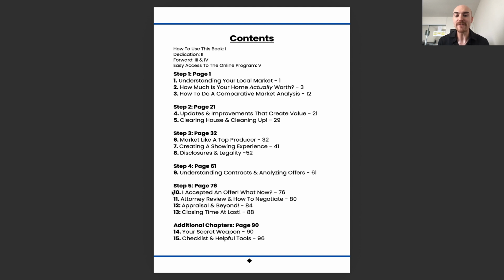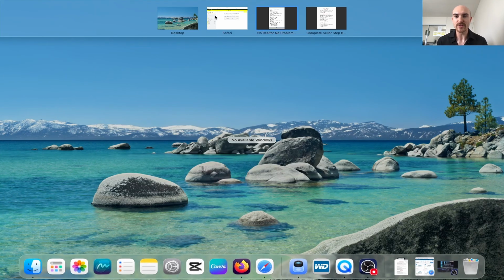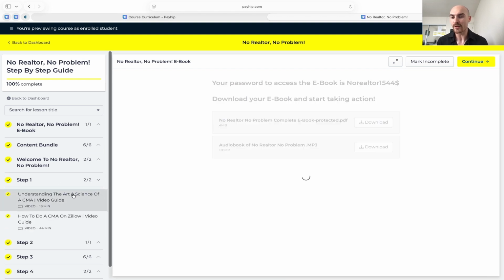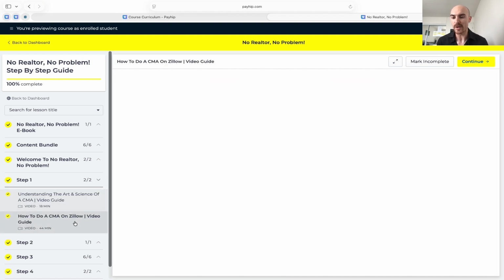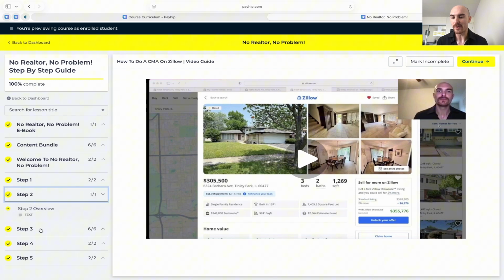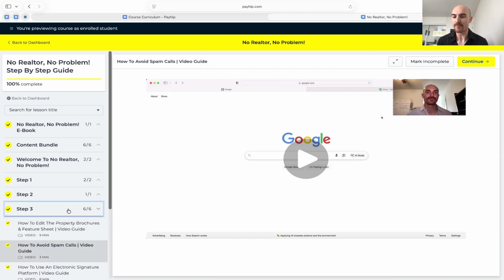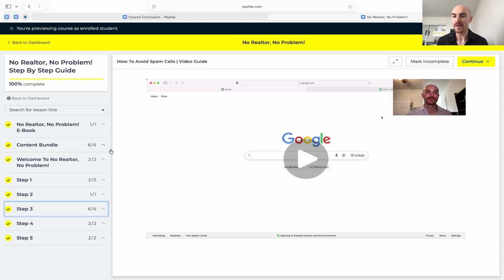There's going to be 5 steps. All you do is you follow along. You're going to read that chapter and immediately take action. And each one of these steps, when we go back to the course, there's going to be videos that are going to show you and guide you on what you need to do. And I'm going to break that down a little bit more in a minute because I want to show you